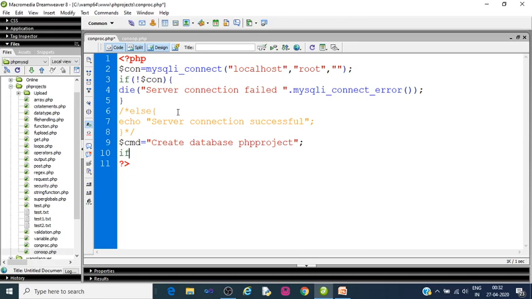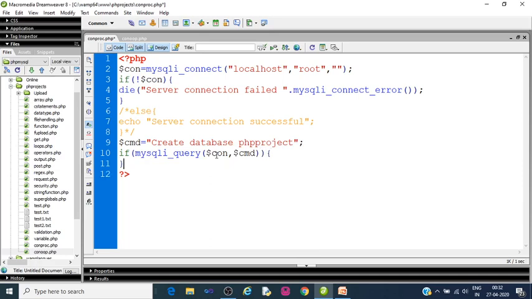So for this, the mysqli underscore query function is used to execute an SQL statement over this connection. So we'll have to pass $con and then $cmd.